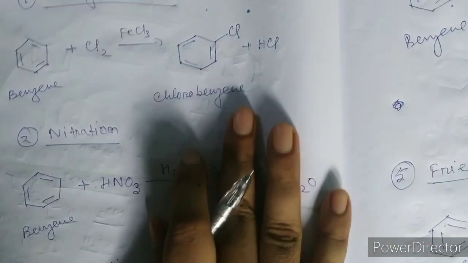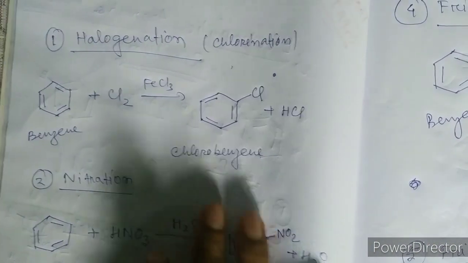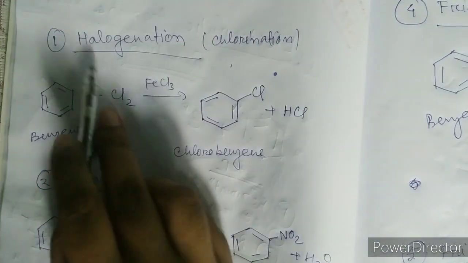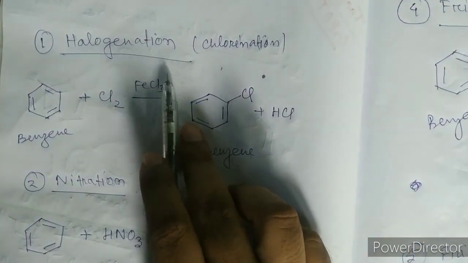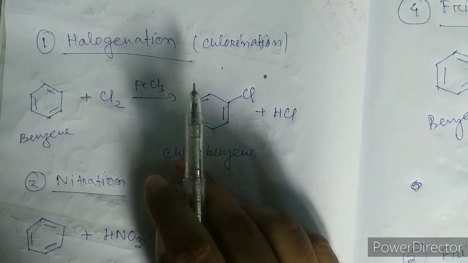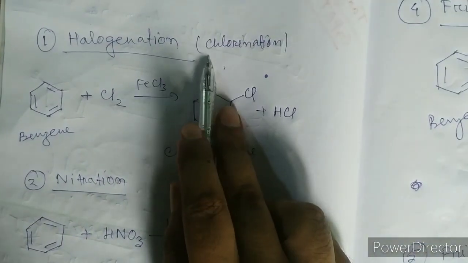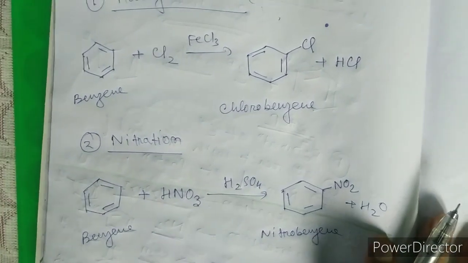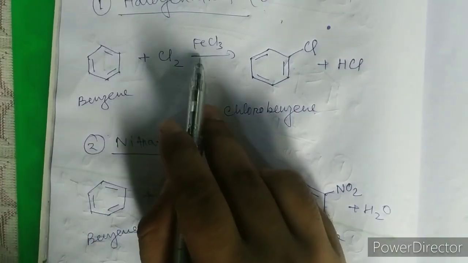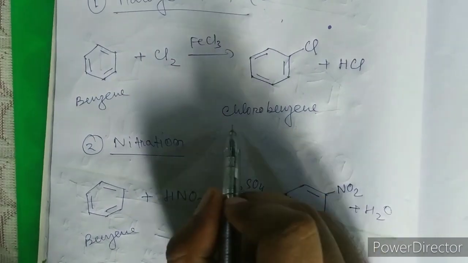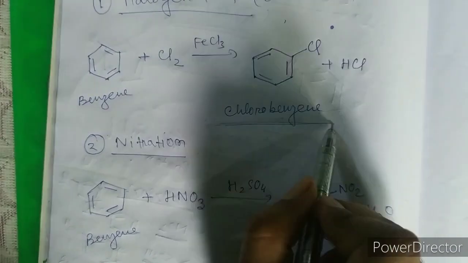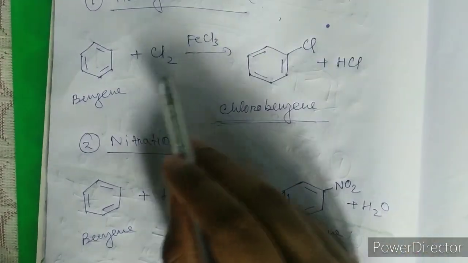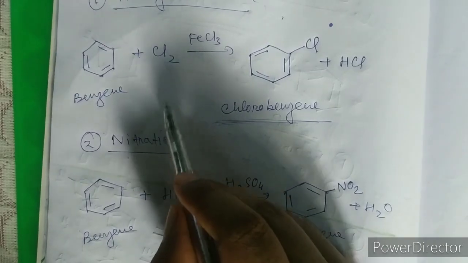So here I am going to show all the reactions whatever I have discussed till now. First of all, halogenation. In halogenation it can be fluorination or chlorination, bromination, anything. I have taken chlorination. So what is going to happen in chlorination? Benzene will react with chlorine in the presence of FeCl3, and we will get the product chlorobenzene. I am not showing the mechanism here. I will show it in my next video,